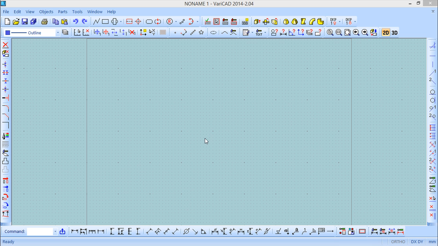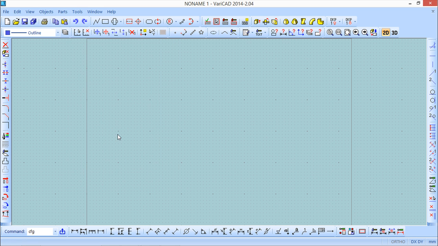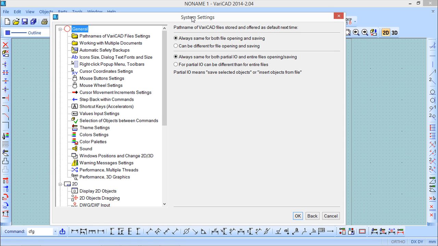So, the first thing to see is where to change and where to manage these settings. And for that purpose, we should go to the menu Tools and look for the command that says System Settings. Okay? This command exists in both 2D and 3D and has a lot of options that we are going to